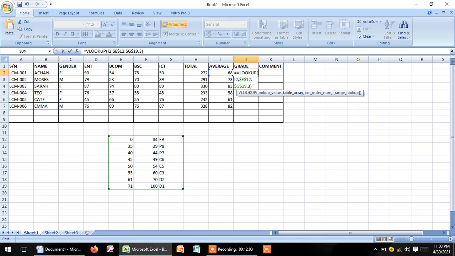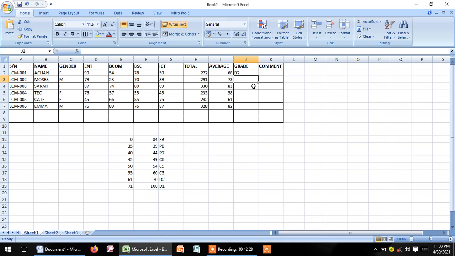And here as you're seeing it, only if that fails, you can use F4 on the keyboard. You just click between the first cell address, that is E12, and press F4 on the keyboard. It still does the same according to how you're seeing it here in the formula bar. So when that is done, you press enter.